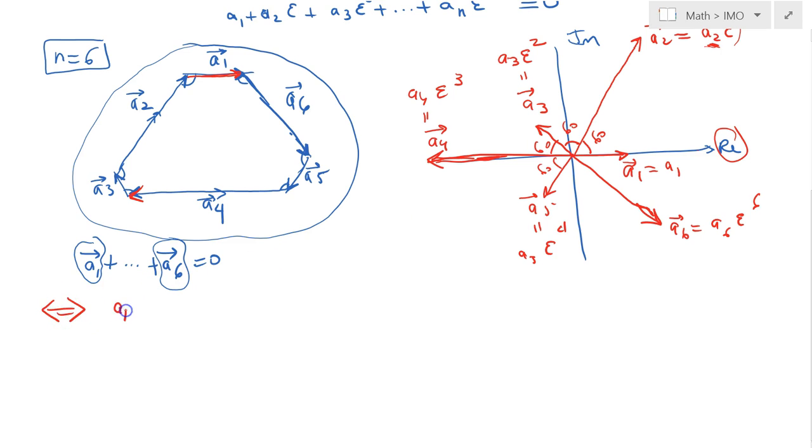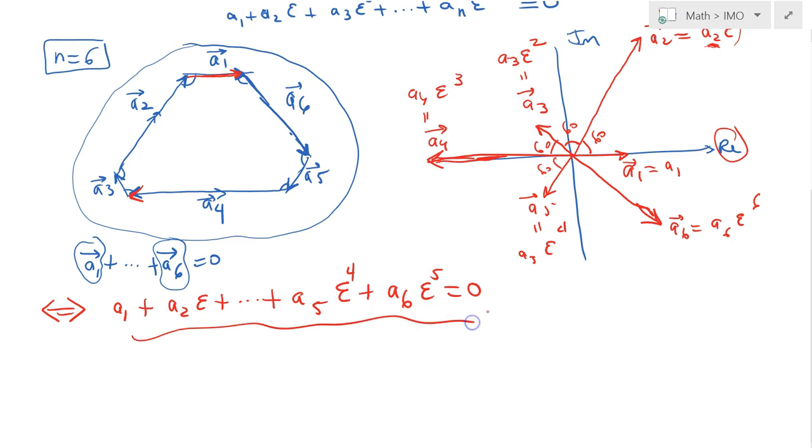I can write it as A1 plus A2 epsilon plus, and recall epsilon is the 6th root of unity, all the way to A5 epsilon to the 4 plus A6 epsilon to the 5, so that's equal to 0, and that proves